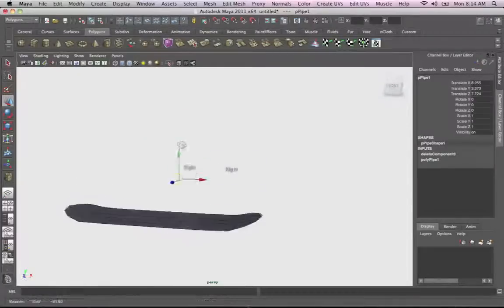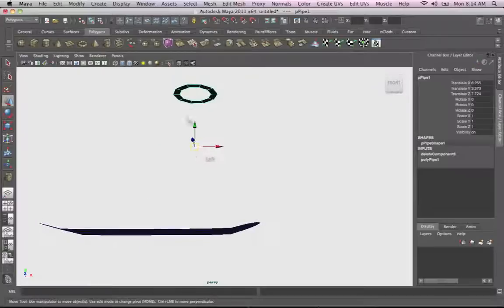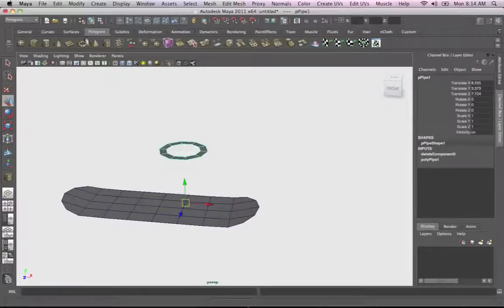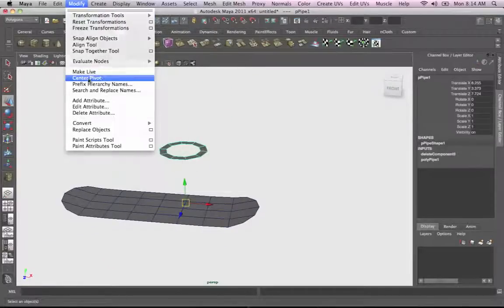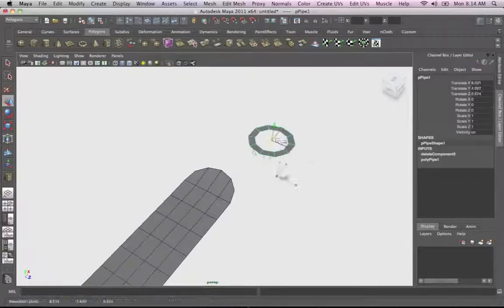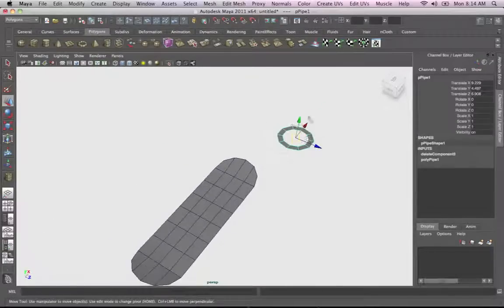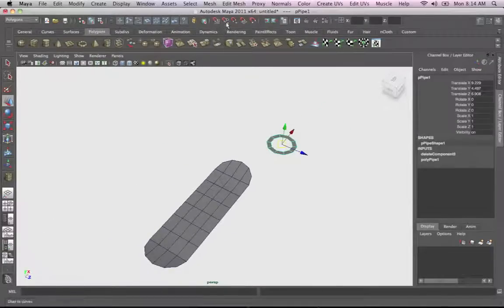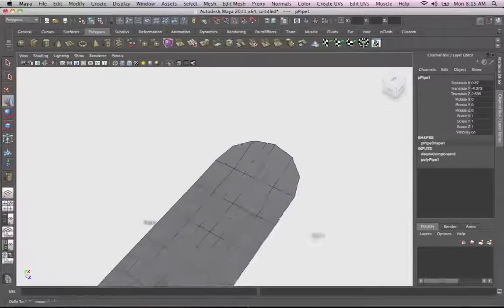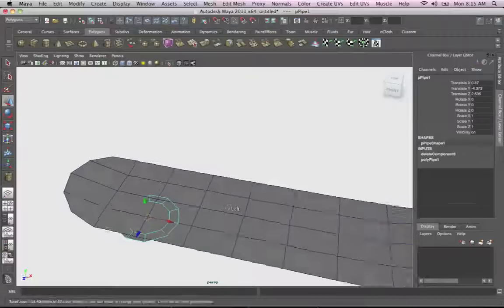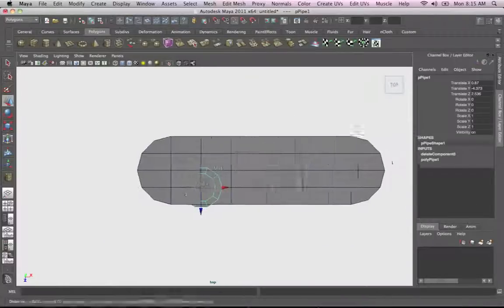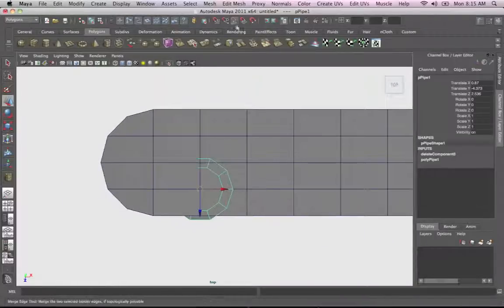Object mode, select pivot point. It's not on the center, so let's center the pivot. Let's select this little ring here and snap to, let's put snap to point. Enabling snap to point, we'll go on the middle mouse button and just snap it over there just to align it with the surface. I'm going to go to my top view and let's turn off the snap and move this over here